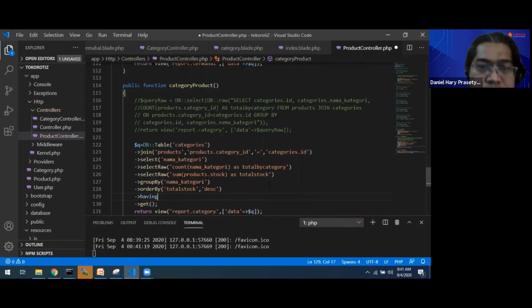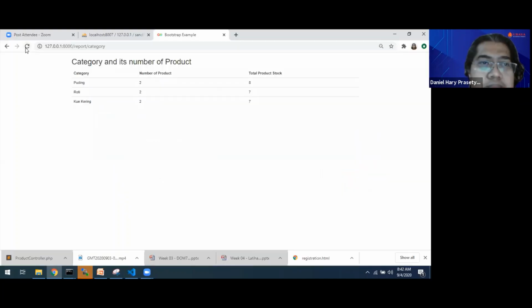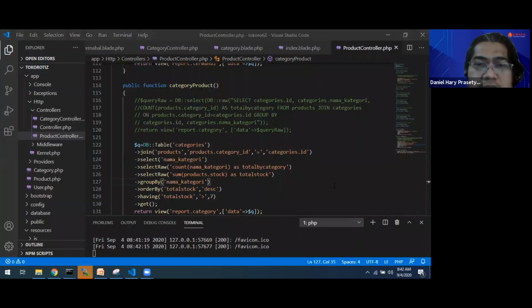Having total stock more than 7. Okay, this one is for filtering of aggregation in product.